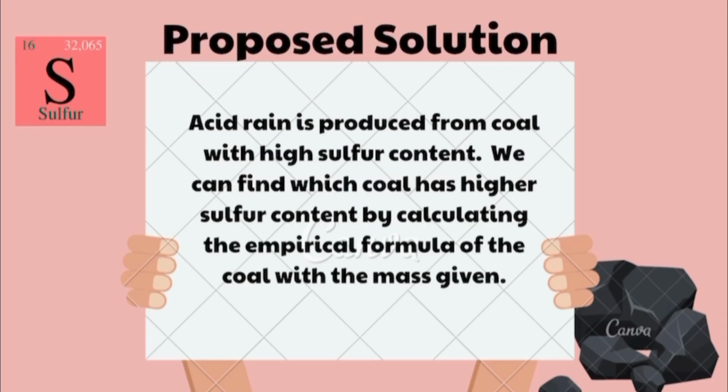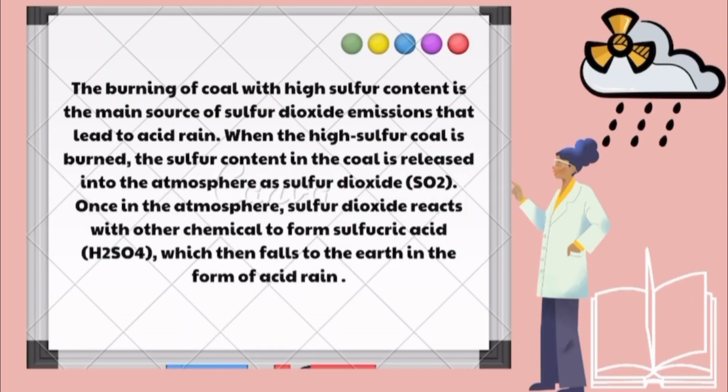Proposed solution by Aishah Azlinie. Acid rain is produced from coal with high sulfur contents. We can find which coal has higher sulfur content by calculating the empirical formula of the coal with the mass given. The burning of coal with high sulfur content is the main source of sulfur dioxide emission that leads to